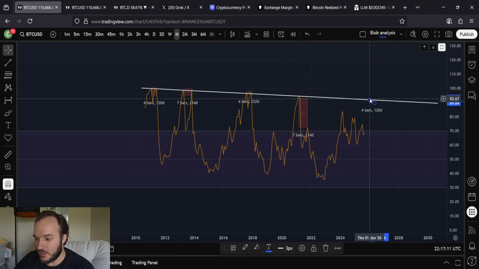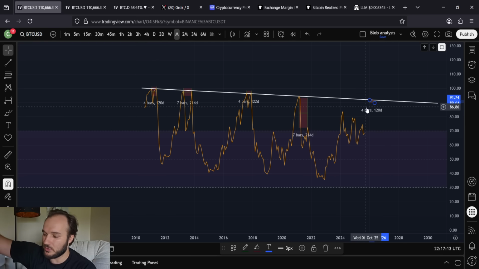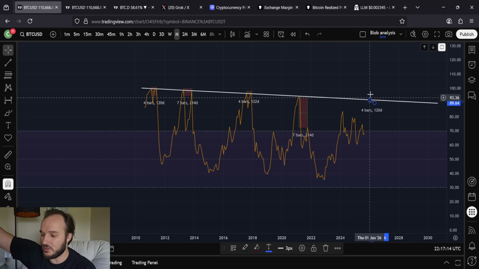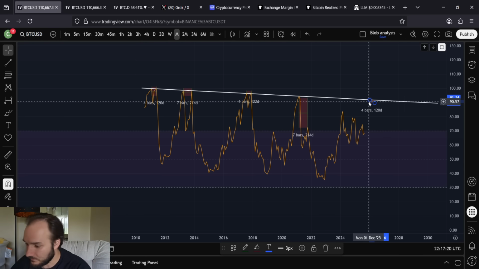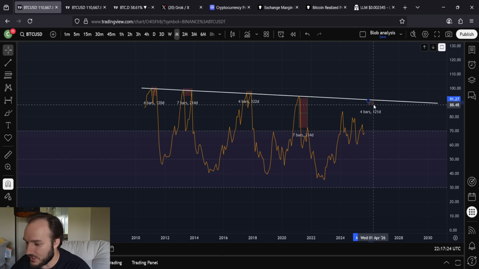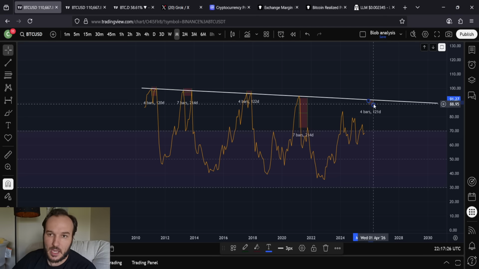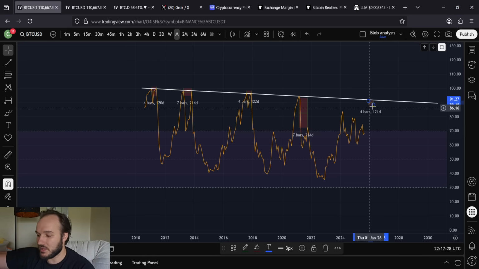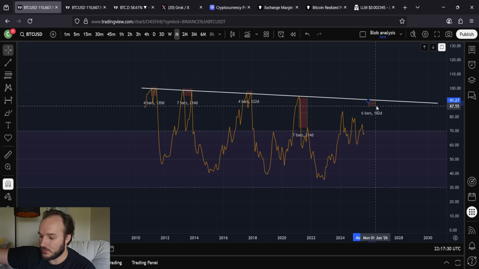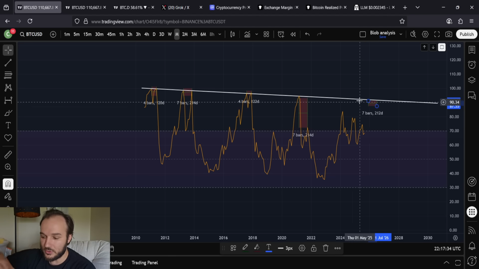Let's say it's December that we hit this trend line. Let's say we run up in October, we're doing great, we consolidate a little bit, and then we continue to pump into December. Let's say that's what happens, okay? It's December, and we top off in December. Hold on, let me get it right there. December. 4 months later puts us in April for Bitcoin to top off, okay? If it's 7 months, then that would extend the cycle into July of 2026, okay? We are nowhere near this yet.